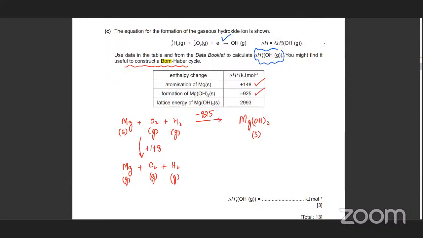Lattice enthalpy is when 1 mole of ionic lattice is formed from its gaseous ions. The gaseous ions are the Mg2 plus, and the other gaseous ion in this case is OH ions. Okay, both of them are